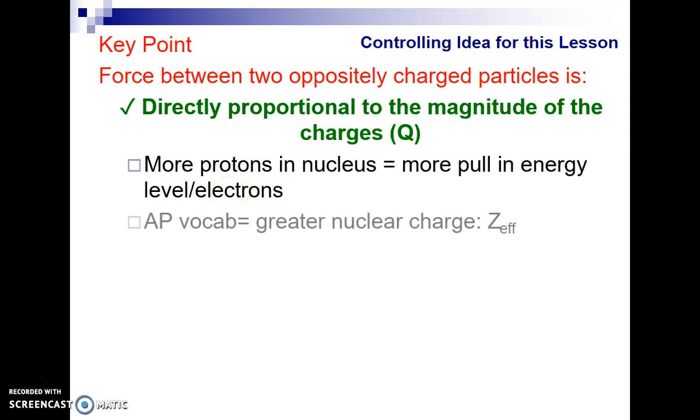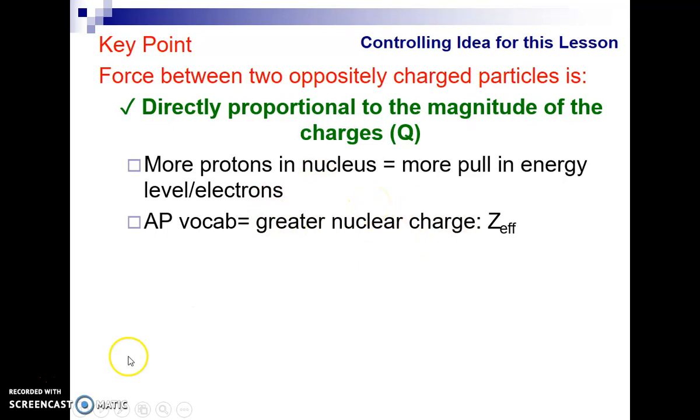Now, there's AP language for this, okay? The more protons there are in the nucleus, the greater what is known as the nuclear charge, or Z effective. So whenever you're increasing the number of protons in the nucleus, the AP exam likes you to say,